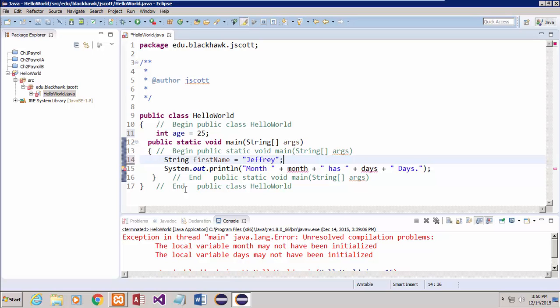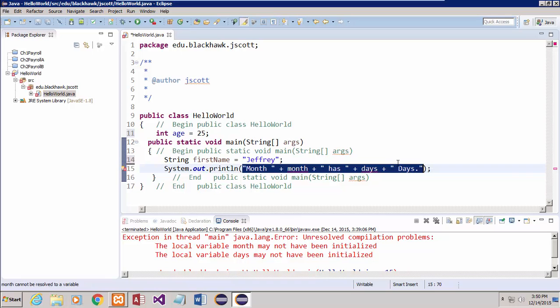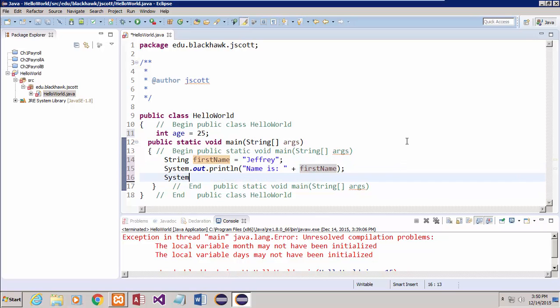All right. So if I come out here now and say System.out.println, and now I come in here and say "Name is" plus firstName, okay, it'll say Name is Jeffrey, and then on the next line I want to say